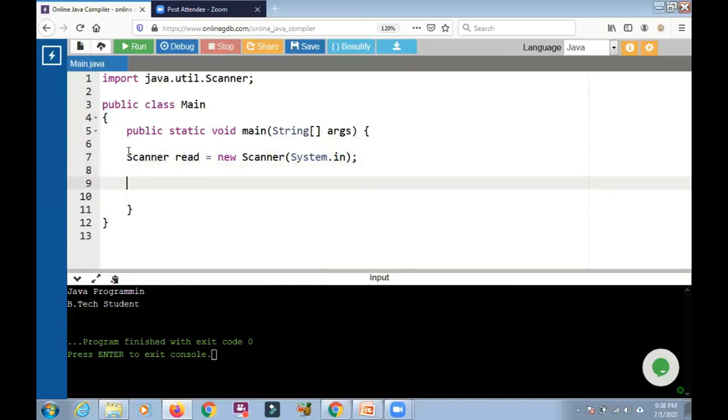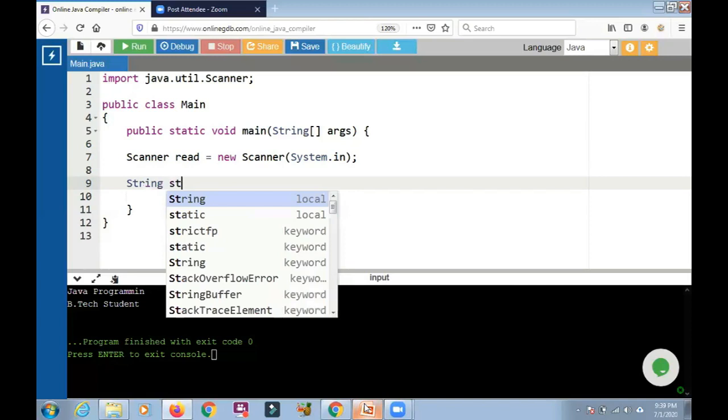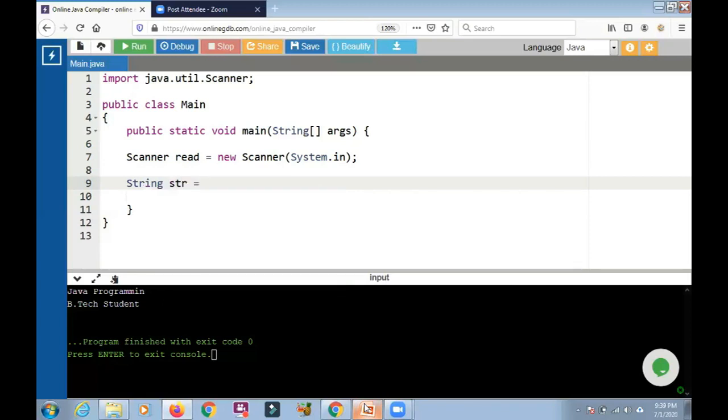Once that is ready, we can read a string from the keyboard and load that string into a variable by using the next or nextLine methods available in the Scanner class. Then I am creating a string variable str, and using the next method on the Scanner object.